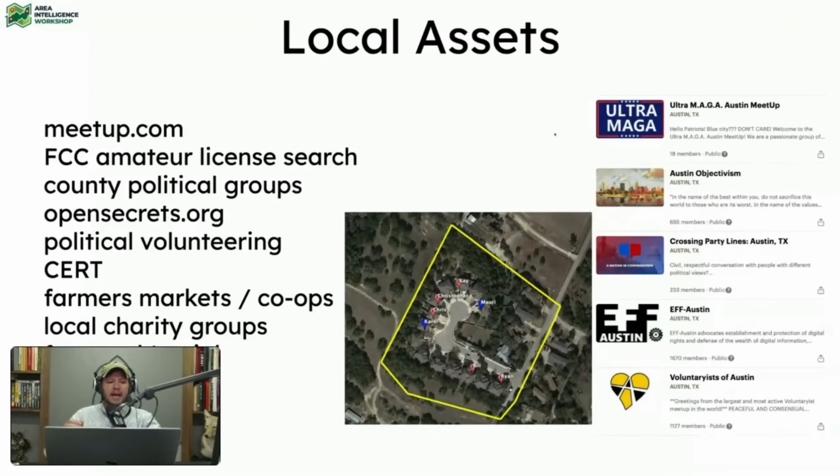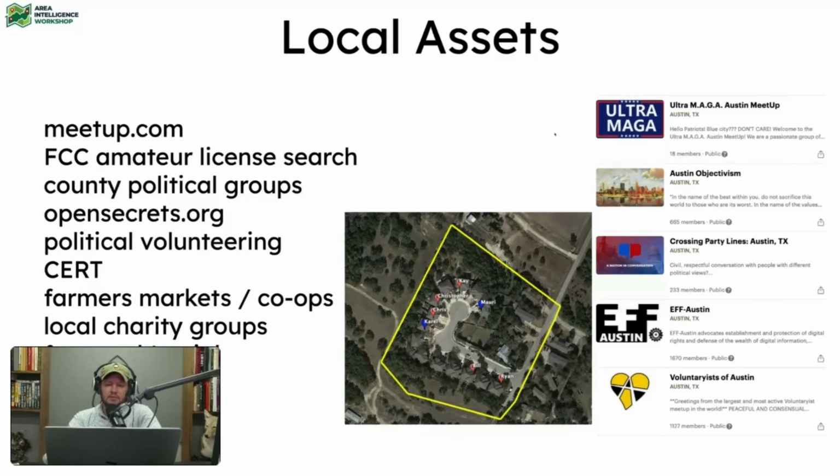All right, then we get to local assets. Meetup.com, one of the first things I did when I moved to Austin, I got on meetup.com, and I started seeing all these Republican and Trump meetups, and I started going to them. And pretty soon, I'm meeting 5 or 6 guys, and there's 20 guys, and there's 50 dudes, all Trump supporters, and we're going out. I was still a single man back then. So we go down to 6th Street and go to bars and hang out and then have these Trump meetups.